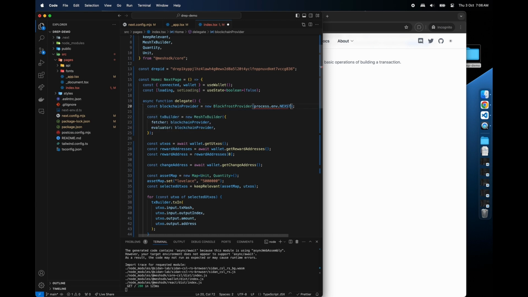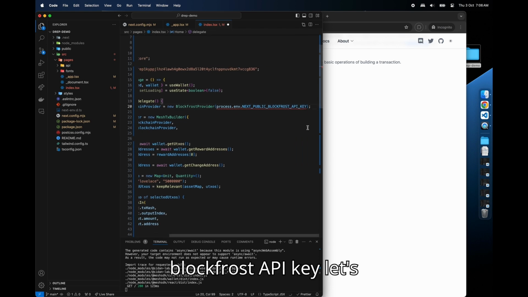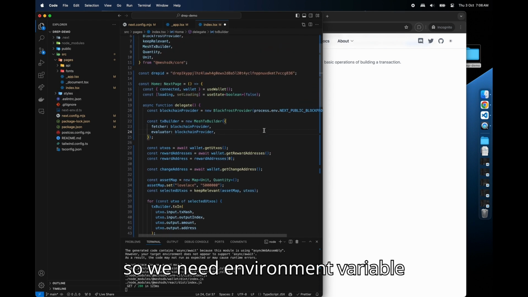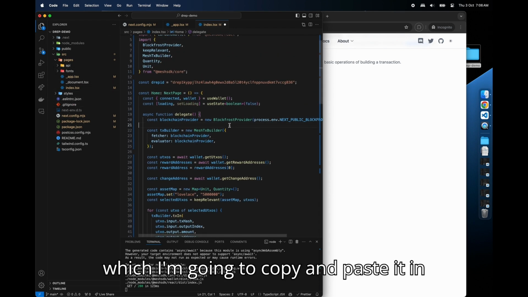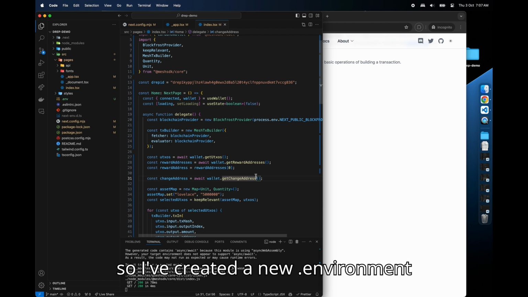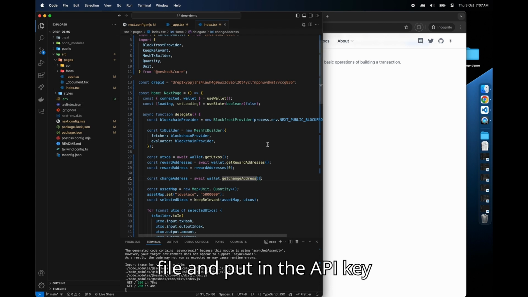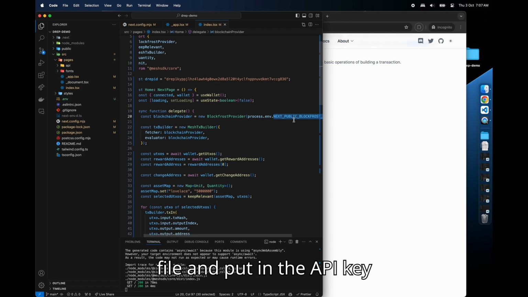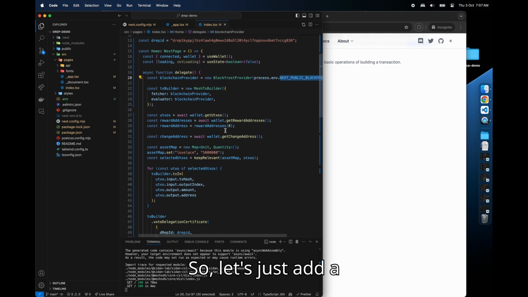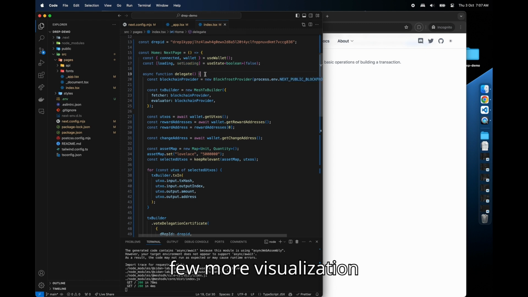Next public Blockfrost API key. Yeah, why not? Let's do that. Alright, so we need the environment variable, which I'm going to copy and paste in right now. Alright, so I've created a new .env file and put the API key into this environment file. So let's just add a few more